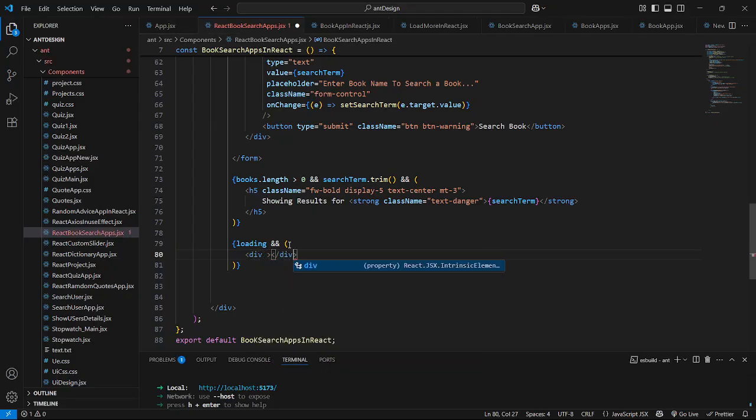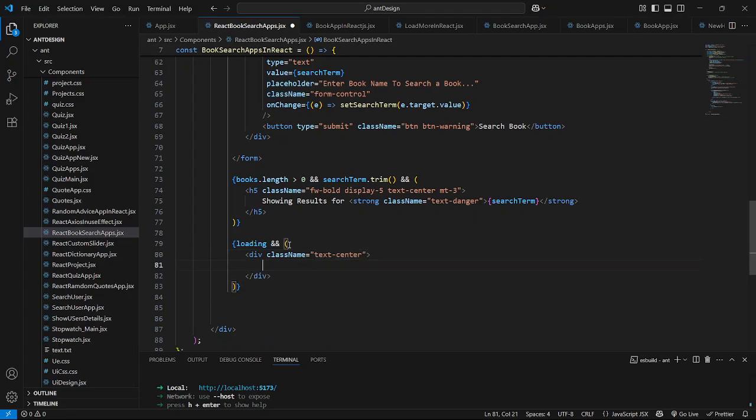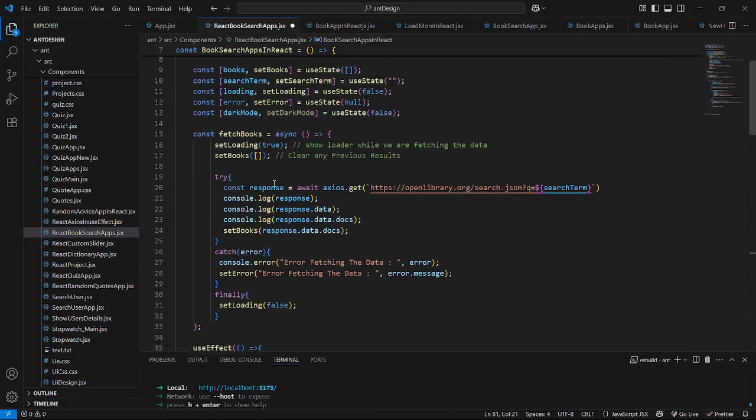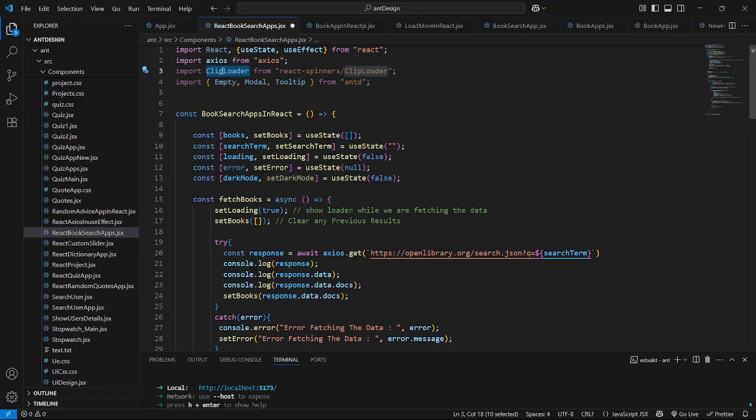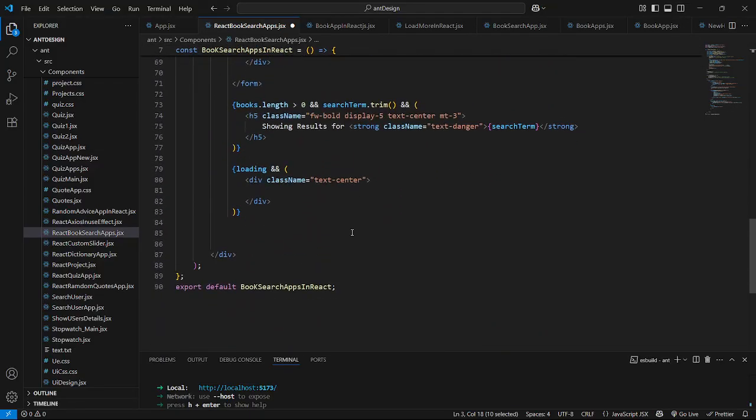So let's just close this, and now inside this div I'll just say here text center as well. Open this div, and we will just copy this clip loader component name from here, and now inside this div we will just